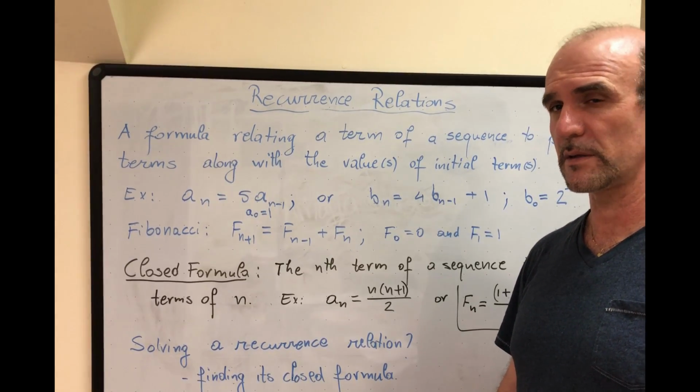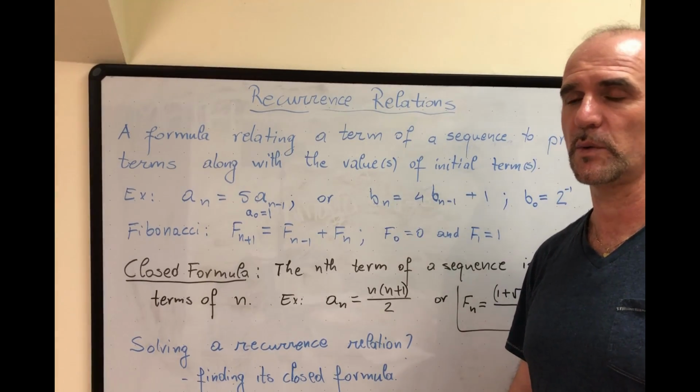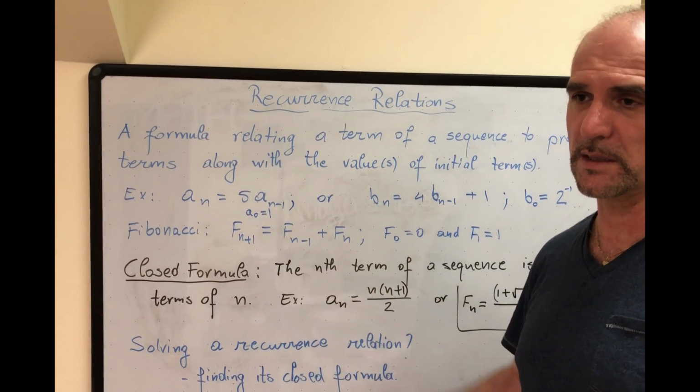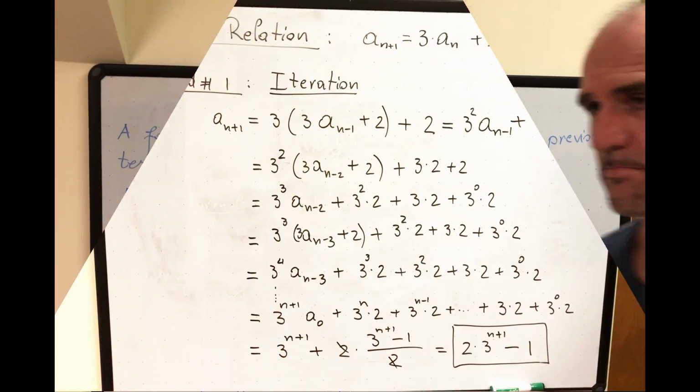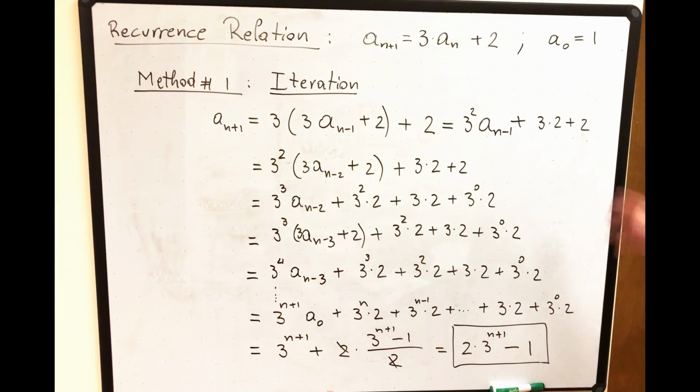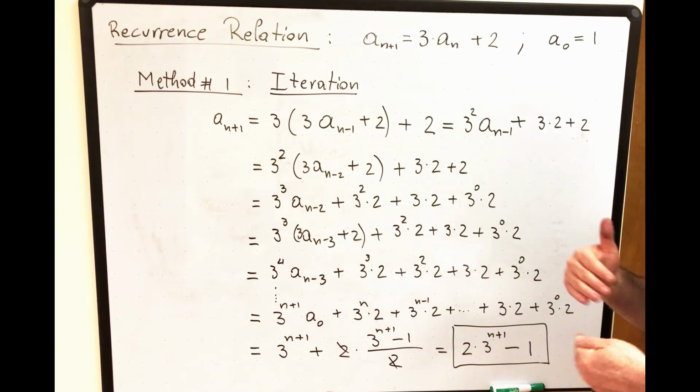So without any further ado, let's look at one example, but different methods. Here is the recurrence relation: a of n plus 1 equals 3 times a of n plus 2, and a of 0 equals 1. This is a relatively simple recurrence relation. The first method to solve this would be iteration. What is iteration? You simply start with the inductive step, start with a of n plus 1, and go to find